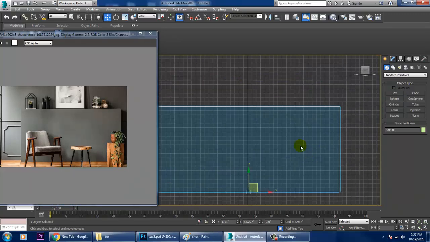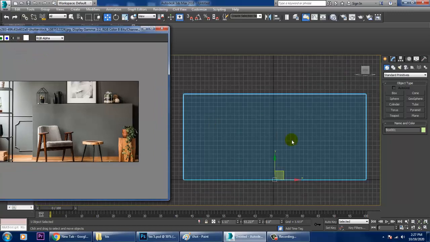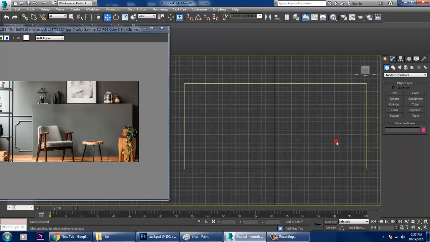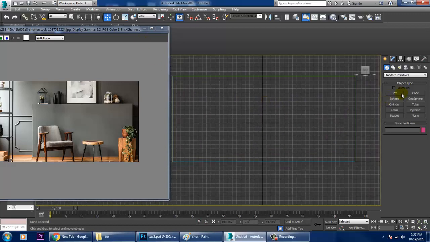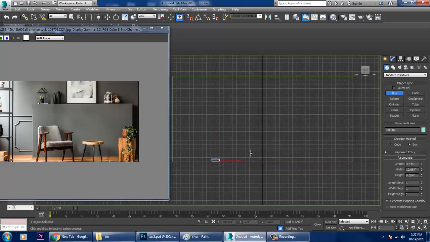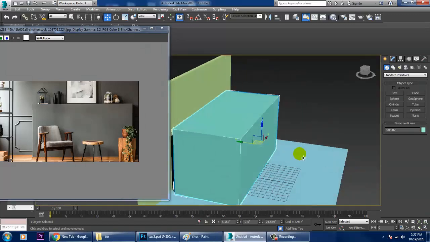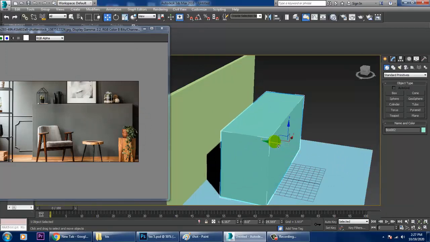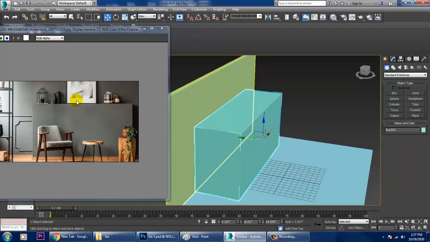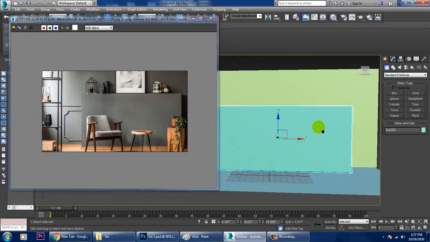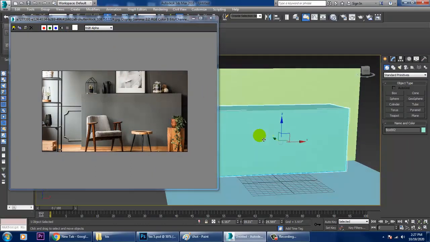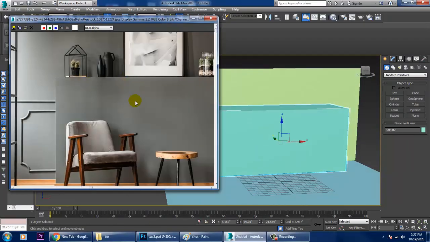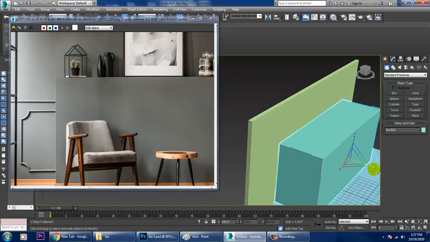So let's go into this view. After you have created this stuff, let's again take a box over here. Let's just drag this box out and push it over here in this way. Once you're done, we'll be starting up with it. Now let's start with the details which are there over here.